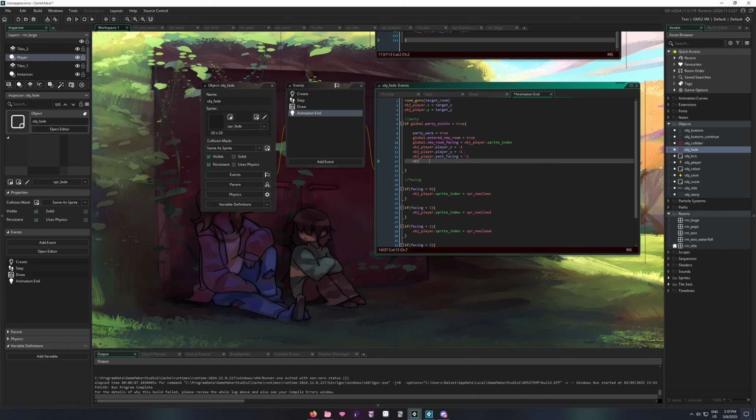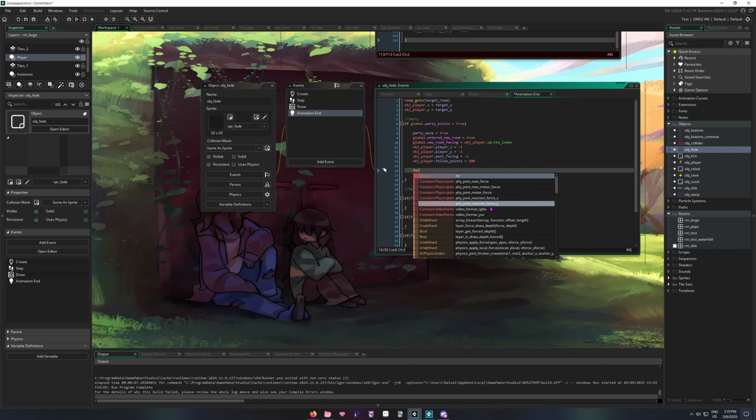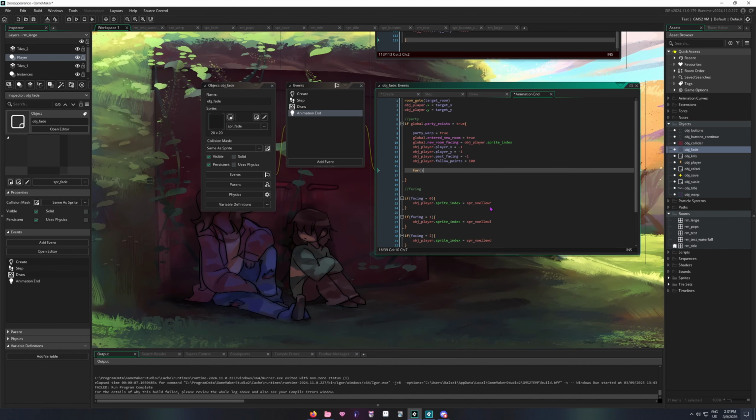obj_player.follow_points = 100. Then we need another for loop here. Okay, for, and then I'm gonna say obj_player.follow_pause = obj_player.follow_points